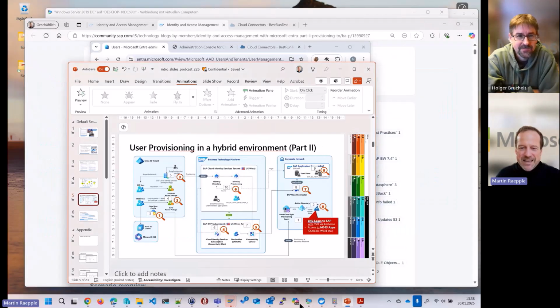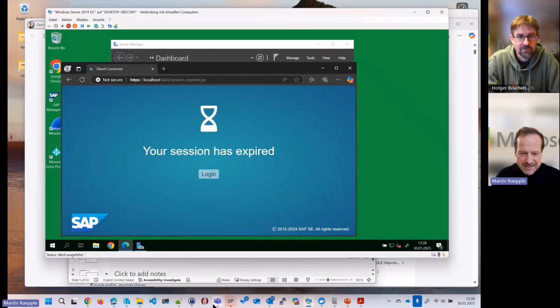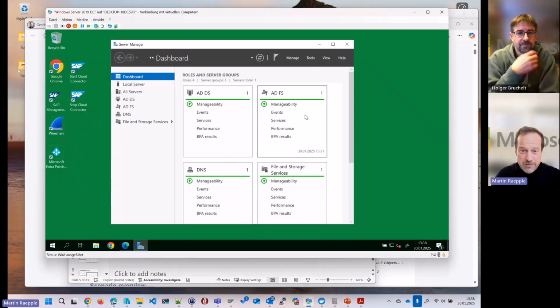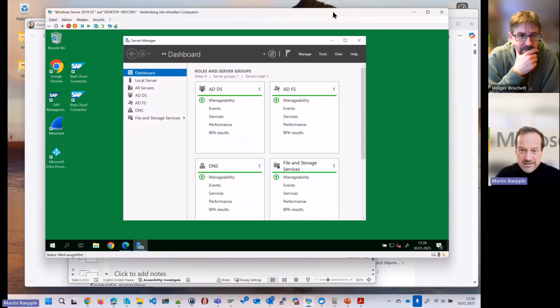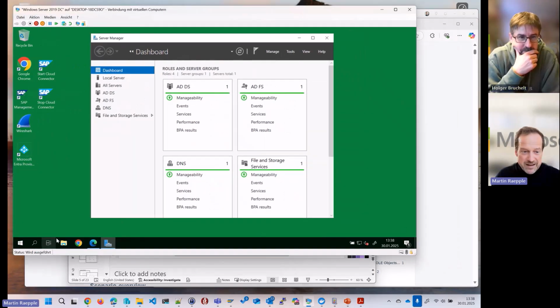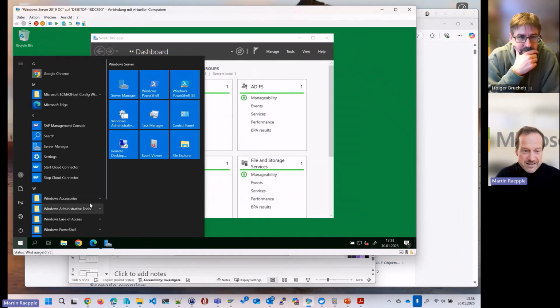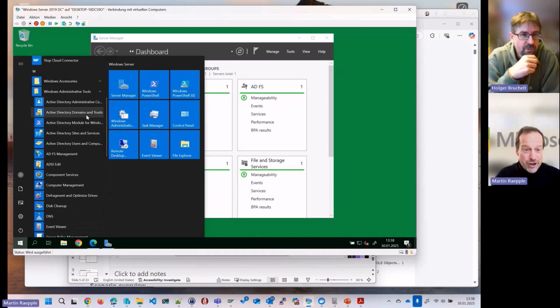So let me start on the domain controller here to create our new user. Here we go. So I'm on the domain controller here. So this is your Active Directory on-premise, basically, nothing in the cloud.